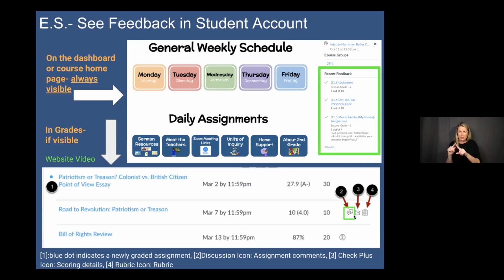It says speech bubbles, and that means that a teacher has left a comment. So there was a comment left for Road to Revolution, page reaches for a reason. And so you can click there and see what the comment was. You can also see the check icons,